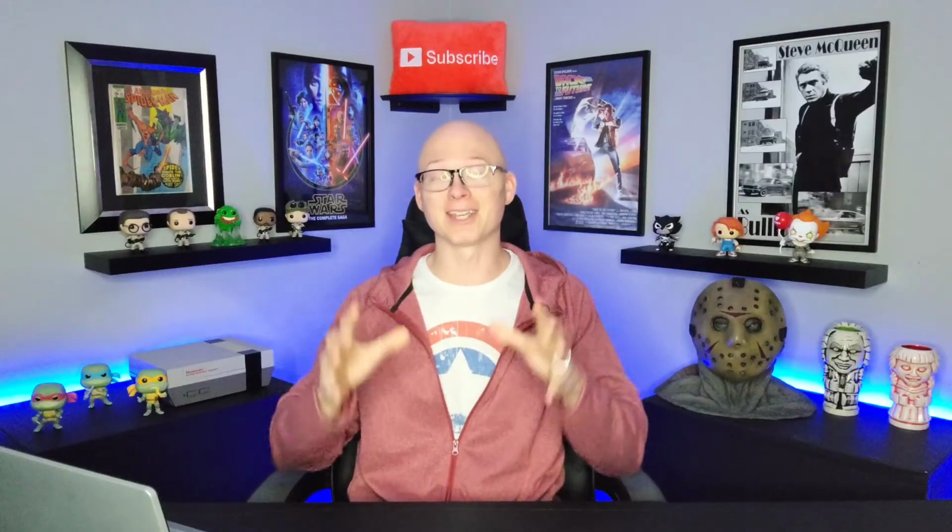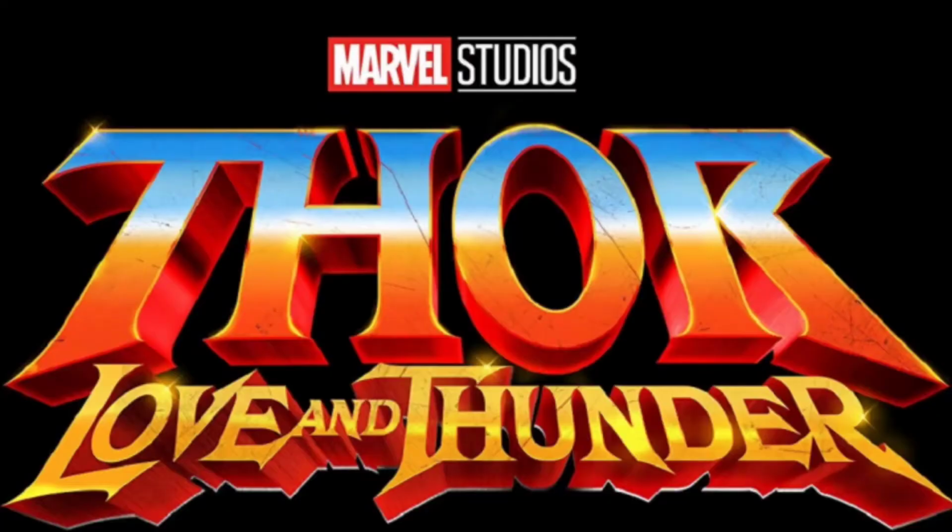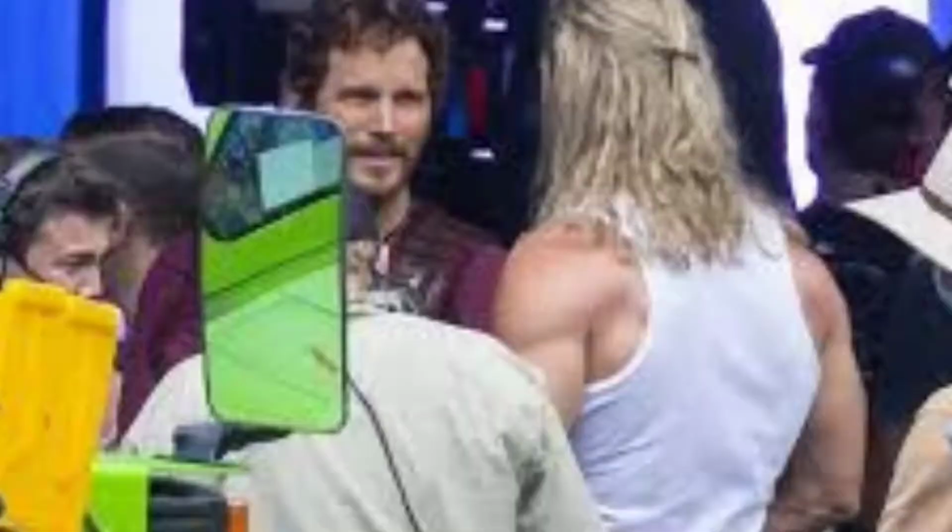Now, let's dive into this. Thor: Love and Thunder. Now, I feel like they're going to add a lot of different elements from the comics. If I'm misquoting something or I got something mixed up, please correct me down in the comments. I'm not perfect. But first thing we're going to obviously notice is it looks like the beer gut on Thor